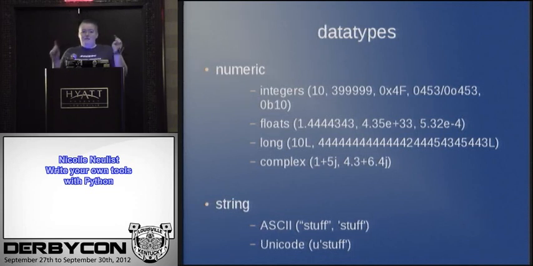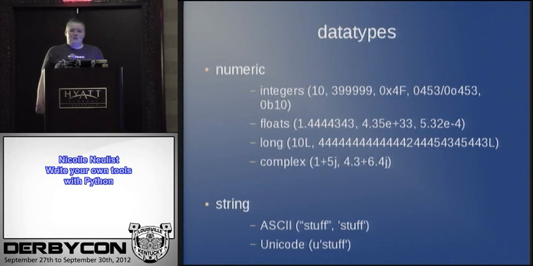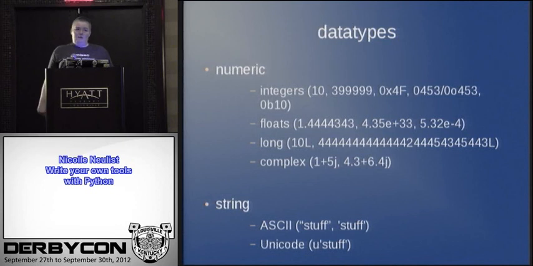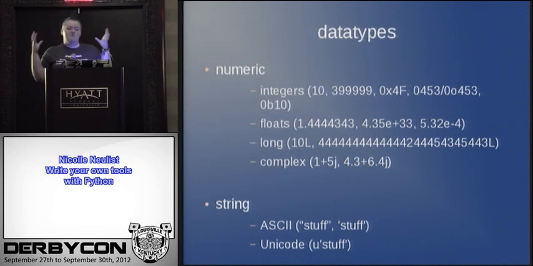It doesn't matter whether you have single quotes or double quotes around them, they're still ASCII strings. I've kind of come to the conclusion that it's a question of stylistic preference. The only time I think that hard about whether I'm going to use single quotes or double quotes is if I have an apostrophe, or if I have a double quote within the string, I'll make sure to use the other one so it doesn't screw it up and I don't have to deal with escape characters. That said, if I start using single quotes for a string in a script, I try to stay consistent with that. Sometimes it doesn't work out all that well, but Python doesn't care.